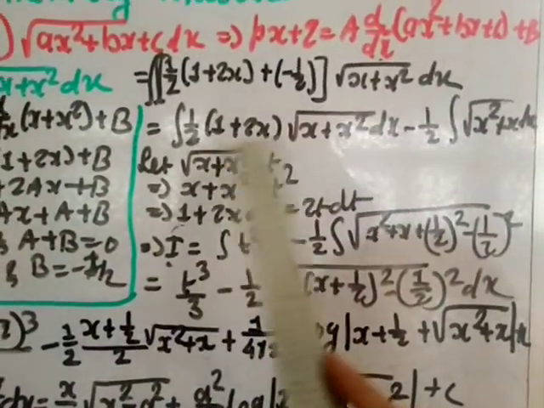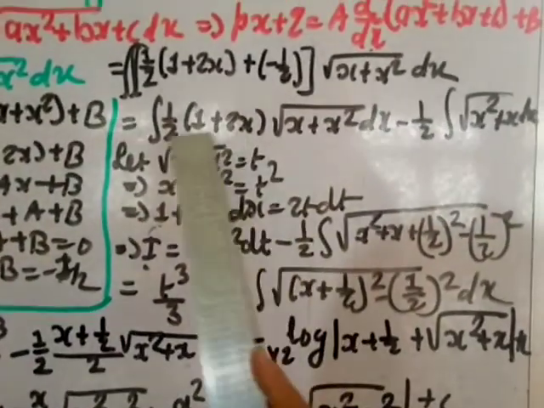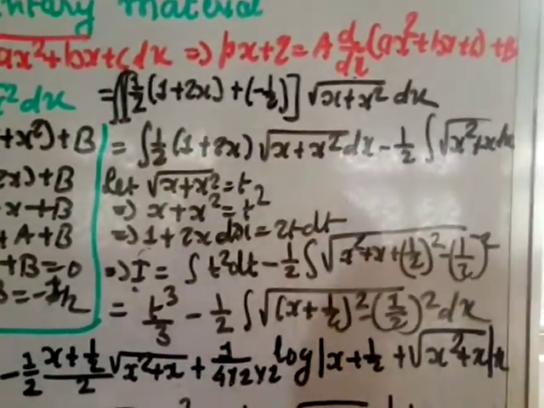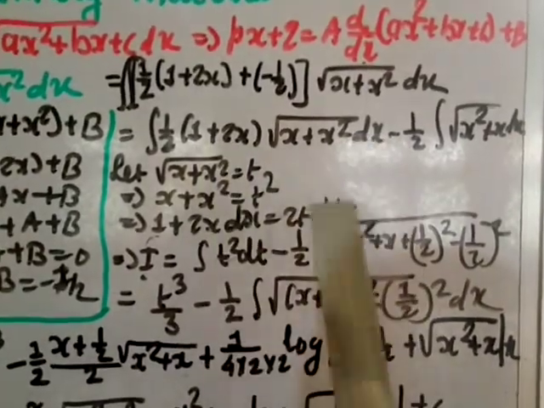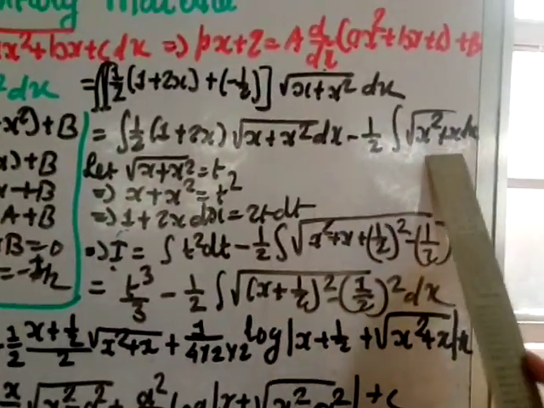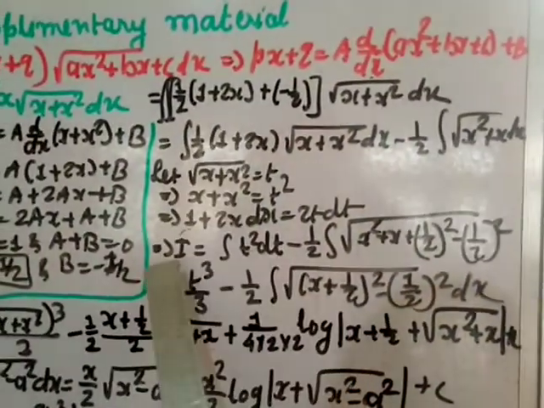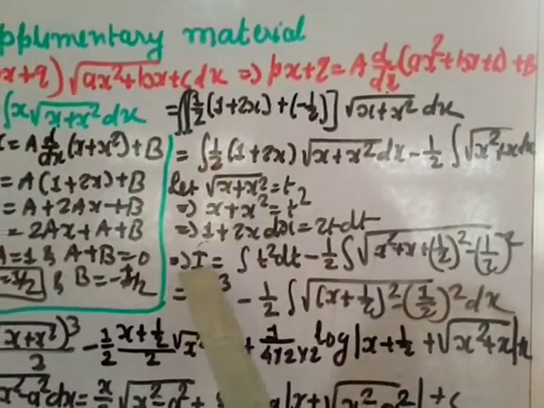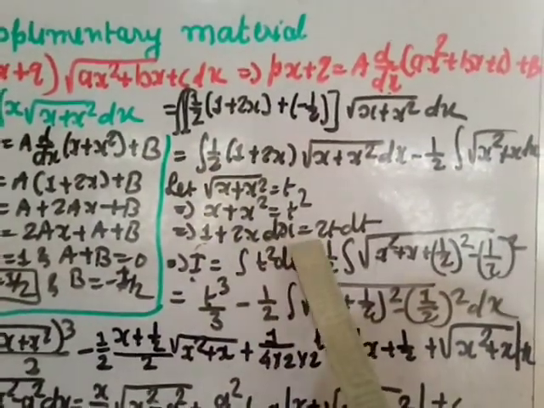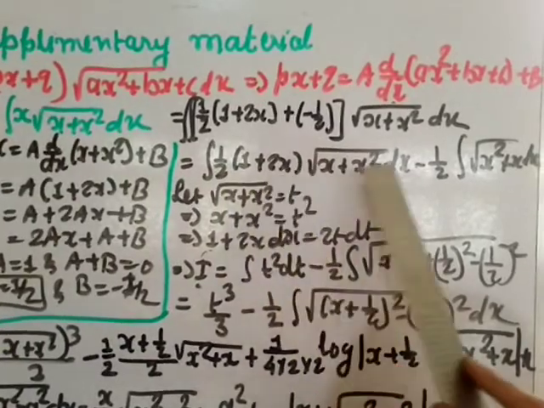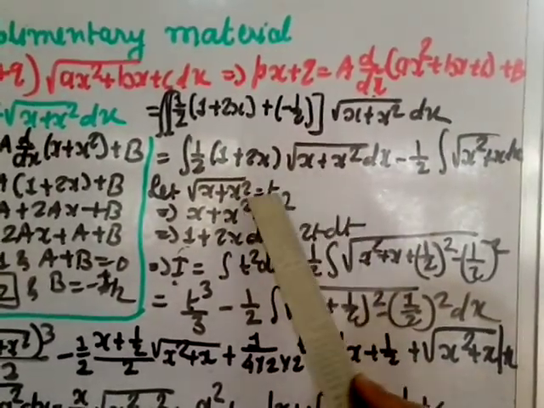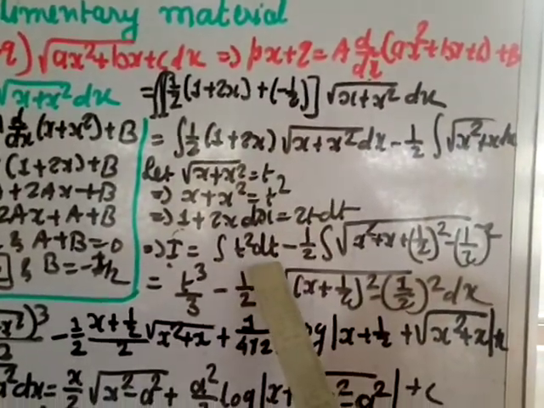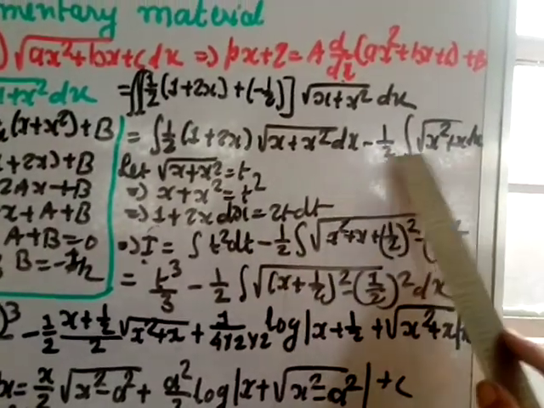Now we have arranged it in such a way that you will get this value, 2t, in your derivative, and on this side we are going to make the perfect square. So let us continue. I is equal to 1 by 2, and this 2 I am cutting already. Here (1 plus 2x) dx equals t dt, and this one is taken as t, so t into t square dt comes, minus 1 by 2, and I am making a perfect square.